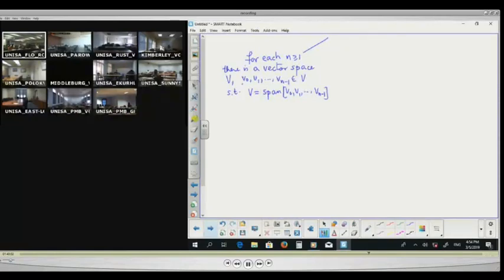And there are cases when this never is true. That means for each n, or there exists a vector space such that for each